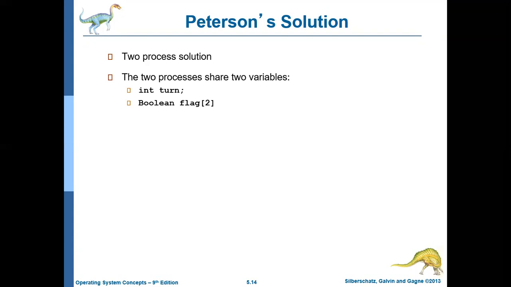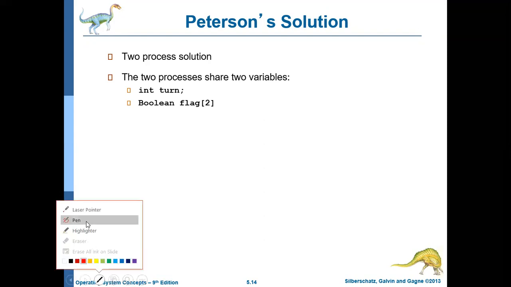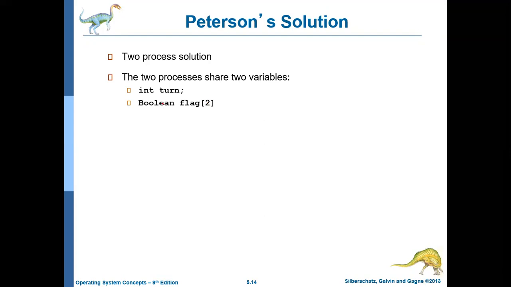Turn is of type integer. So turn contains the value of whose turn it is. In the previous case also we discussed an algorithm with a variable turn. There we had only one variable, turn. Here we have two variables, one is turn, the other one is flag. If we consider the two processes as i and j, then turn can hold either the value i or j.